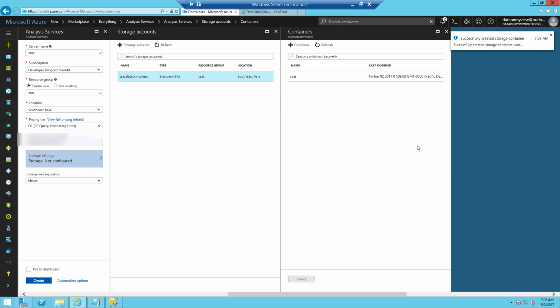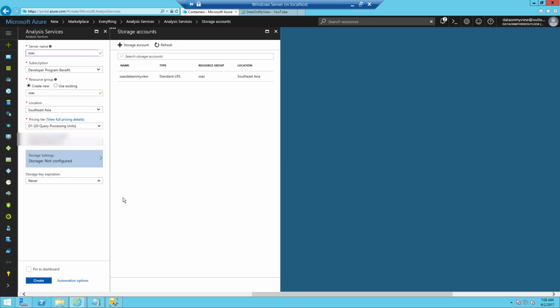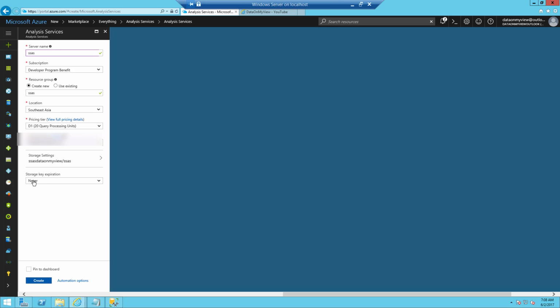To avoid that, we can directly use this blob inside our storage account. Next, storage key expiration. You can manage these options, in case you want to access this within 1 year, then you can say within 1 year. After 1 year, if you want the key to expire, you can use that. I'll go with the default option, never, then create.